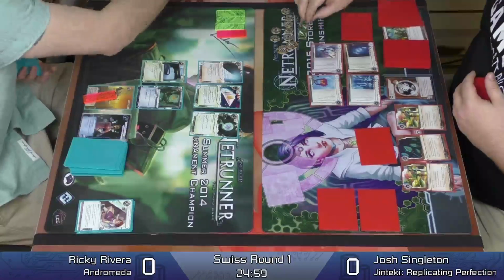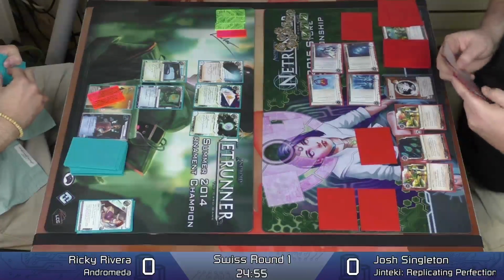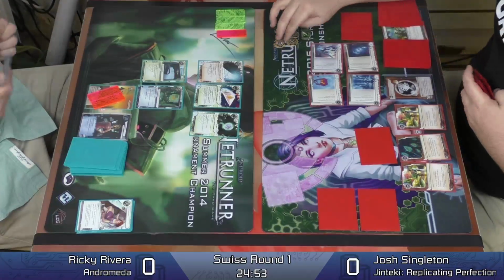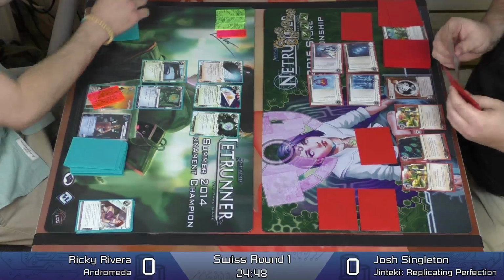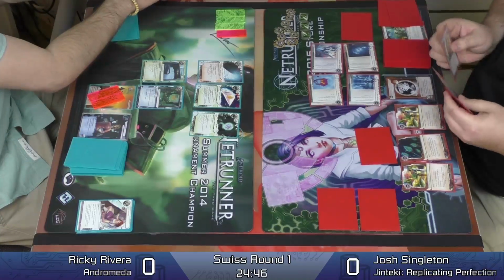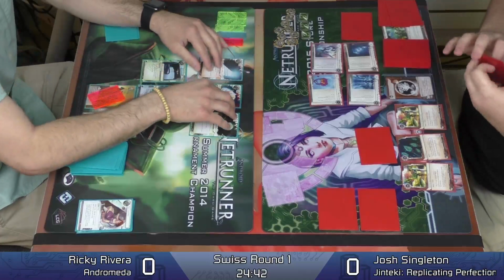Right, and we can see Ricky's hand. We know that he has a Switchblade, but on Josh's side, you got to be thinking, right, he doesn't have a sentry breaker, so he's going to have to pay to install it, try to make the runs, maybe hit an NAPD and pay 4 more. Like, I don't know that you could have a much better scoring window at this point in the game without